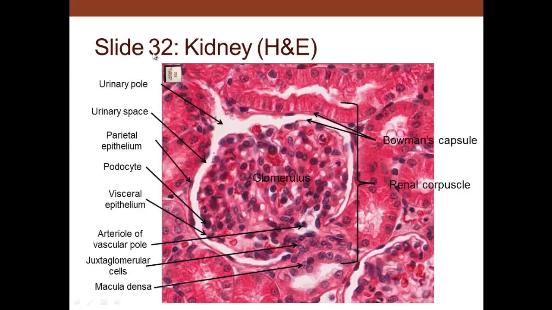At this slide 32, we can see a glomerulus. This is a vascular pole, urinary pole in through there. This is Bowman space, parietal epithelium, podocytes on the surface, endothelial cells lining these capillaries. This is a glomerulus,